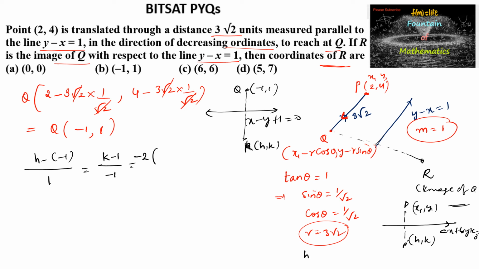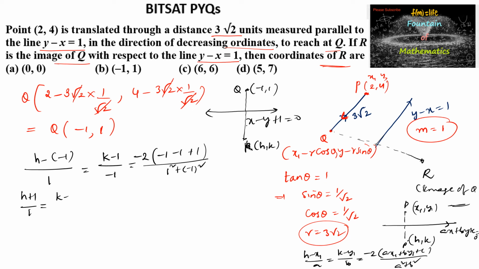So we have (h − x1)/a = (k − y1)/b = −2(ax1 + by1 + c)/(a² + b²). So minus 2 times (ax1 + by1 + c), here a is 1 into minus 1, and again minus 1 into minus 1, and again plus 1, divided by a square plus b square. So we can write 1 square plus (−1) whole square,